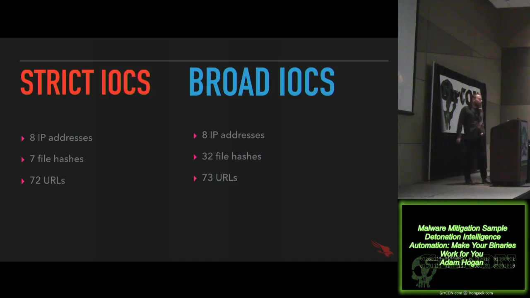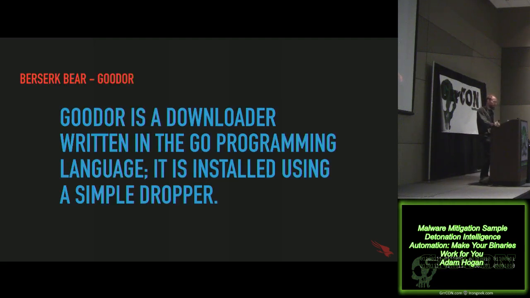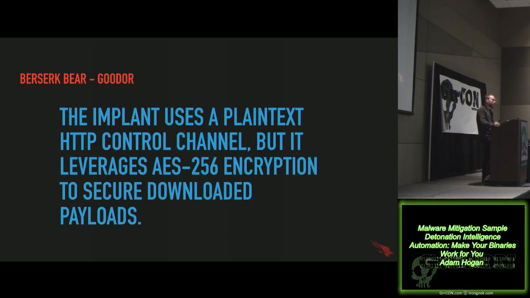And of course, that in and of itself will provide strict as well as broad IOCs. And we see that once we correlate with threat intel, we're actually going from 7 file hashes to 32 before digging into the related samples we can pull down. So it makes for a pretty interesting sample. It's a downloader. It was written in Go. A simple dropper installs it. And we take a look at the network activity. There's some pretty interesting stuff there, because while it does download payloads in an encrypted fashion, the C2 is in plain text, which is great to know because it made it a lot easier for us to write Snort/Suricata rules in order to identify that traffic.